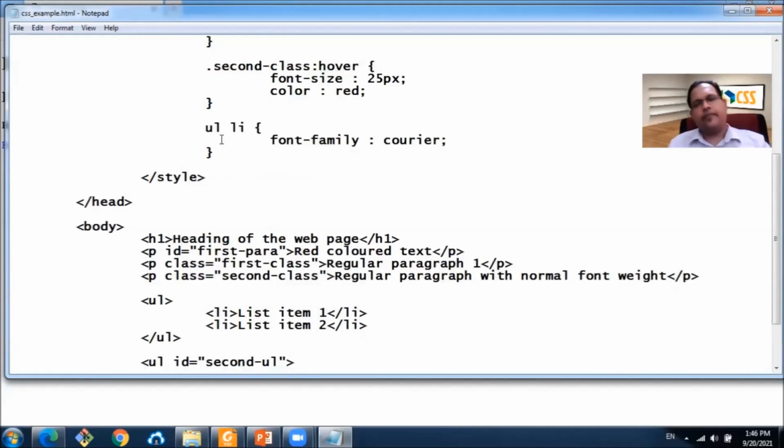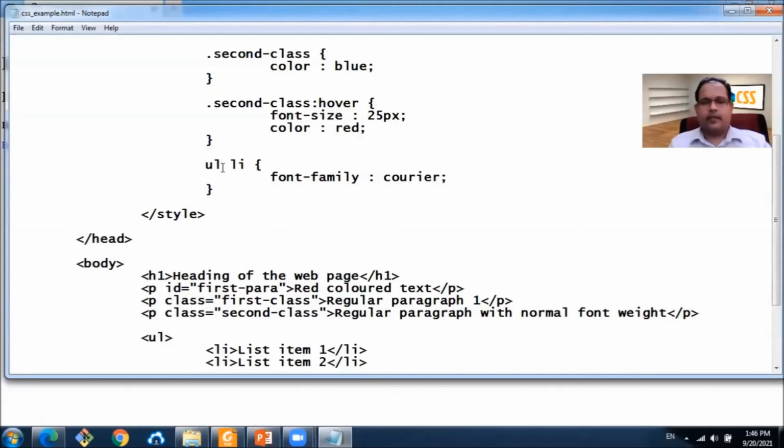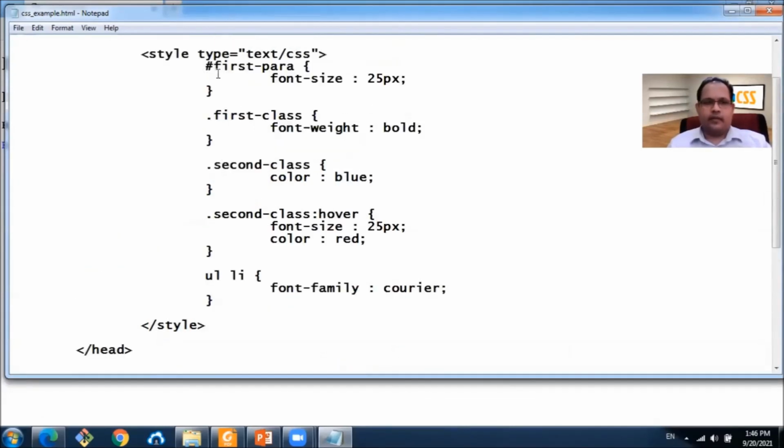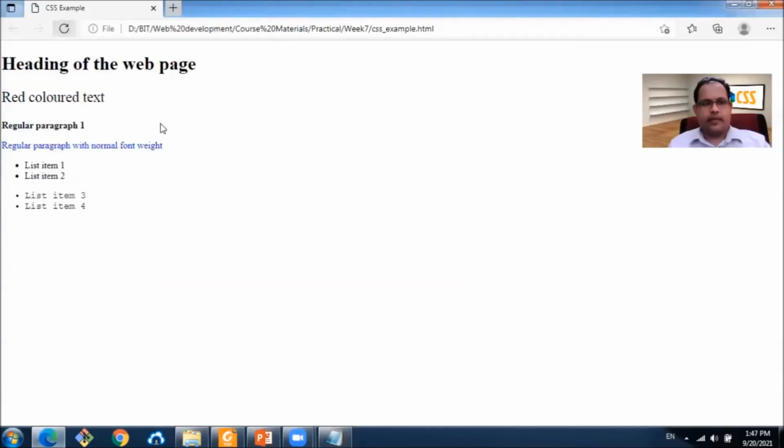Very simple. What we have to do is distinguish the UL with the ID here. Now, as we did here, UL with the ID second UL, LIs. Only the LIs within this UL with the second UL ID gets this style applied. Let's save it. Oh, see.